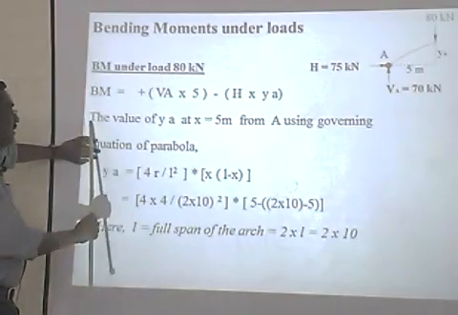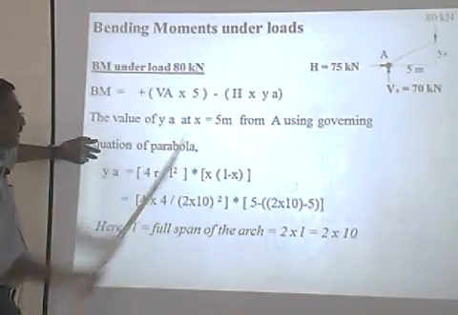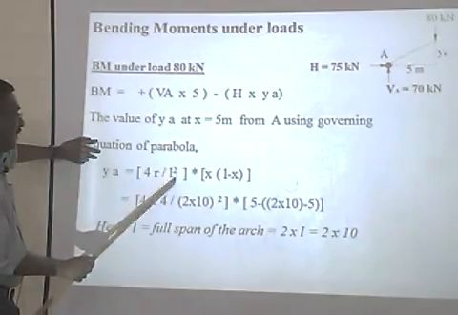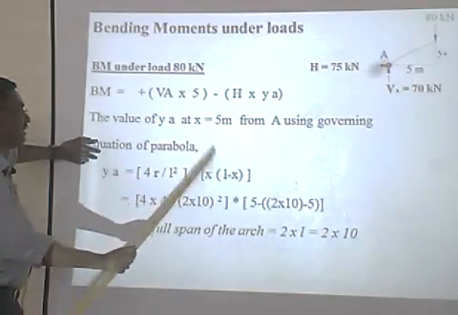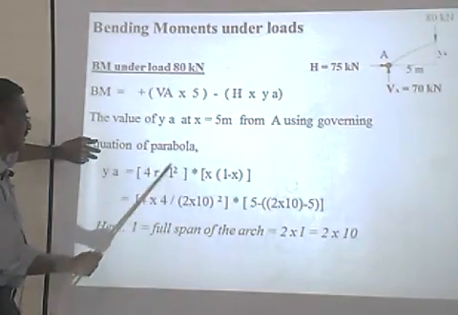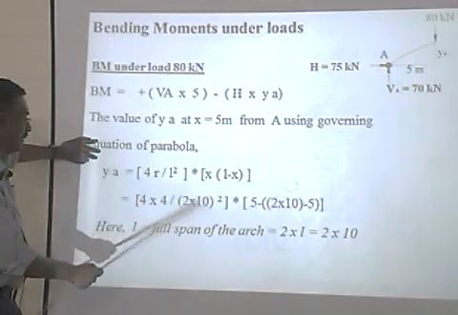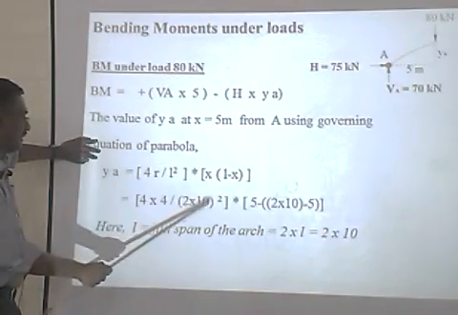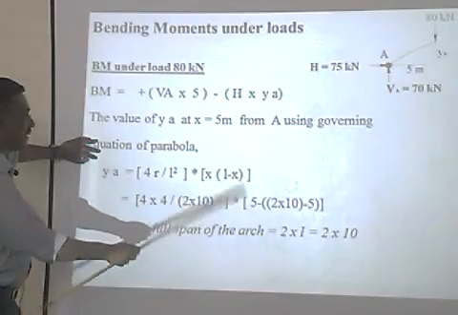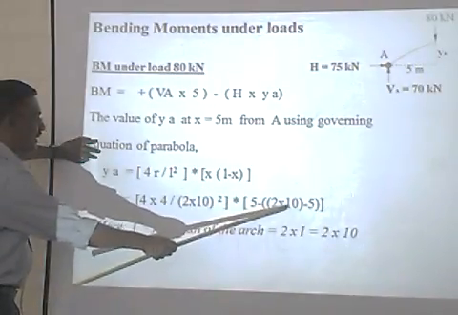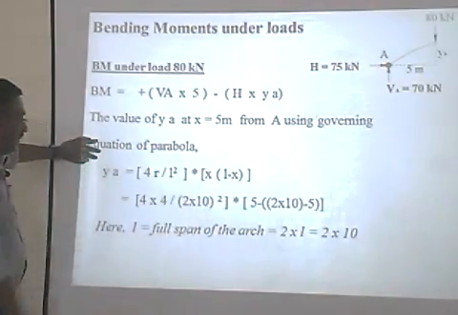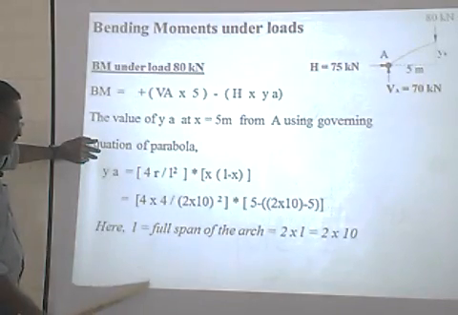We know for this upper arch, that is the smaller arch, the rise is 4 meters. We have found the value of L1, which is on one side. Here we have to include the whole span, so multiplying L1 by 2 gives the whole span. So 2 into 10, and X is the X distance, and L is again 2 into 10, minus X. On substitution, we can find the value of YA.